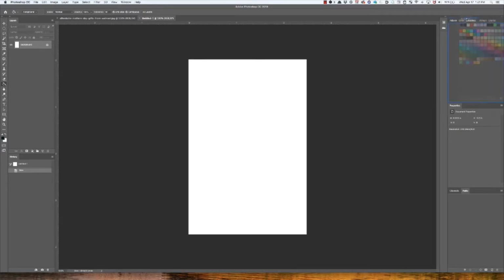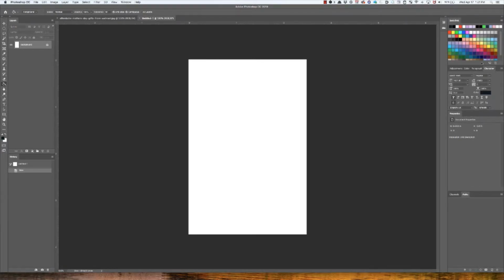Okay, you want swatches in here so you can change colors if you need to, as well as character. So swatches and character. Pause this video so that you can at least get those things in place. So you've got your toolbar, your layers, your history, and your swatches. Now, once you have that set up, what I'm going to teach you how to do is pull in